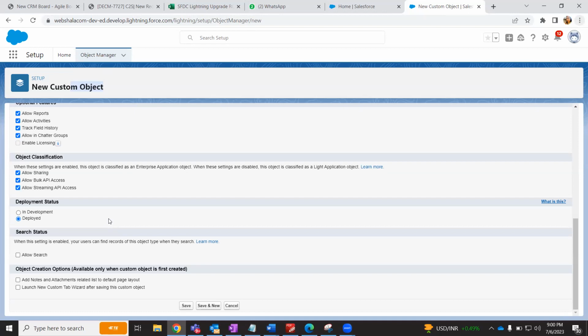Okay. The next one is allow search. So yesterday we spoke about 2 types of searches. Do you guys remember what are the 2 searches? Yesterday we spoke about search bars, right? Quick find and global search. Very good. So what is the difference between quick find and global search? Whatever the apps we have, we can search it in a